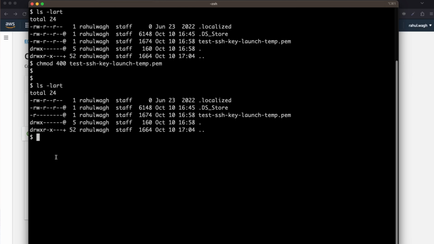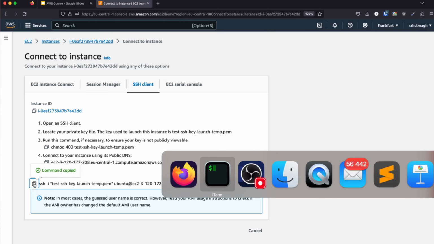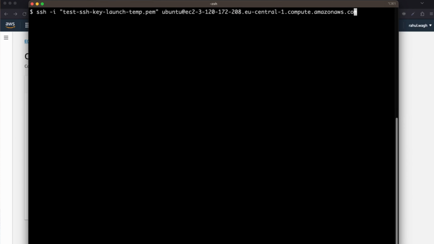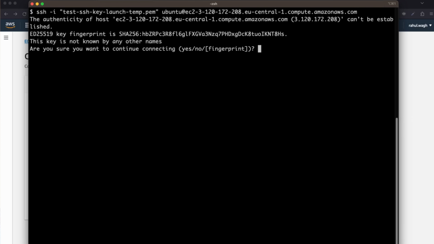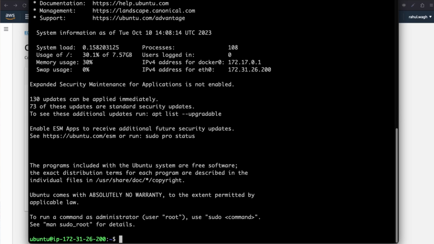Okay. I'm just going to clear this. And again, I'm just going to go back over here, and here I'm just going to copy this SSH command. So copy this one, go to your terminal and paste this. And after that, you can simply hit enter, and it will ask you whether you want to connect. Type yes. And here you can see now you're logged in to your EC2 instance, which we have launched using our launch